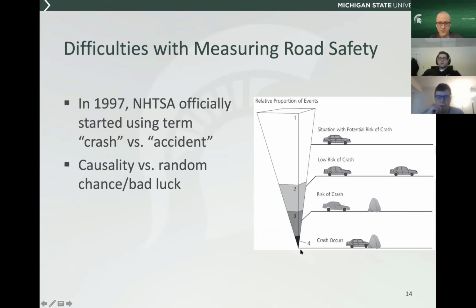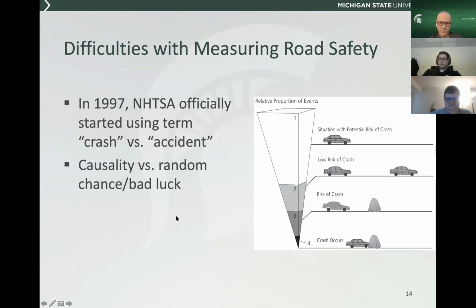But generally speaking, we're restricted to focusing just on this very narrow subset of events that actually lead to a crash occurring. We are making significant improvements in trying to identify near-crash locations, and there are various ways we can do that. We're working on a project with Ford right now, where we get reports anytime they have a harsh acceleration event, a harsh deceleration event, or a harsh cornering event. And so we can look at where those events are occurring from a geospatial standpoint. We could have 5 to 10 to 20 times as large a sample then, and we can make a little bit better decision because we're capturing events that could have resulted in crashes.